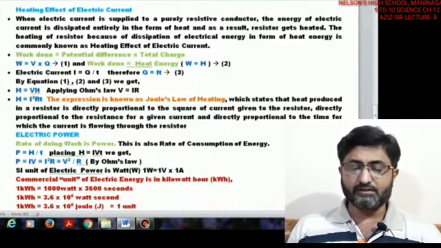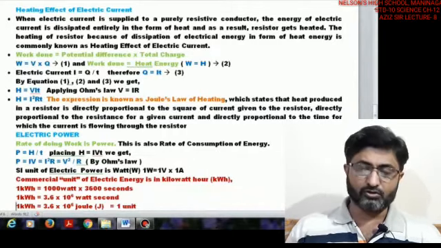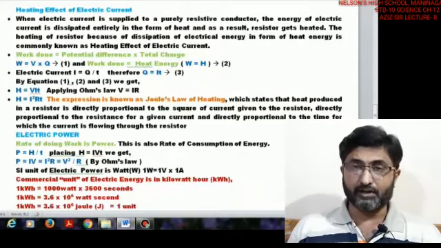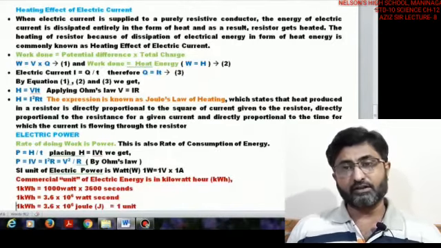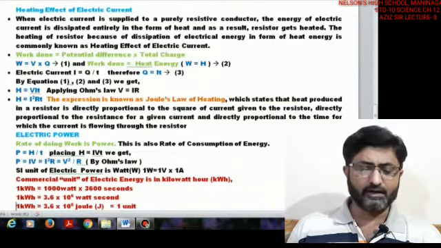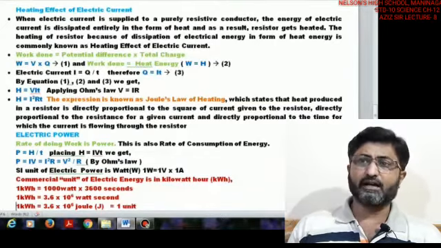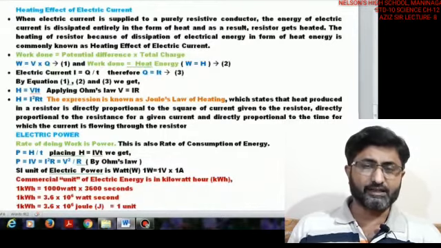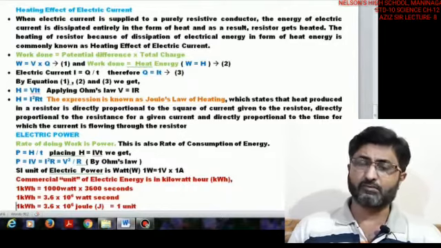So in these particular resistors or conductors, the energy of an electrical current is dissipated because it goes on working and working. So heat is produced inside the resistor, and this heating of a resistor because of the dissipation of electrical energy in the form of heat energy is commonly called the heating effect of an electric current. Commonly we see the heating effect of an electric current in the fans in a house, especially in a long summer season.